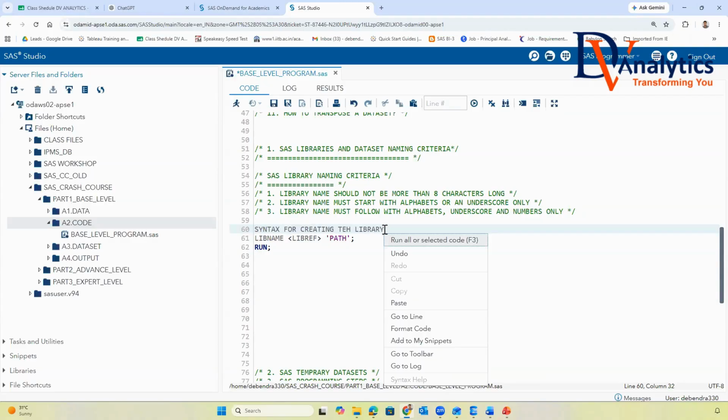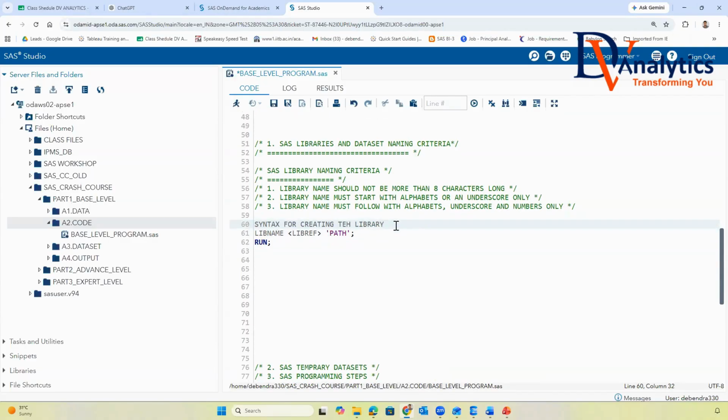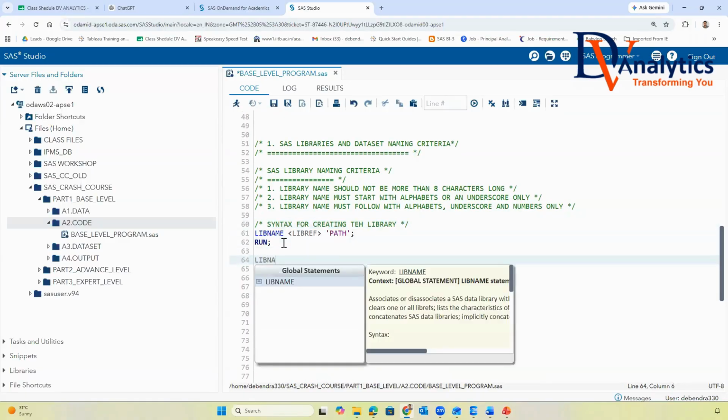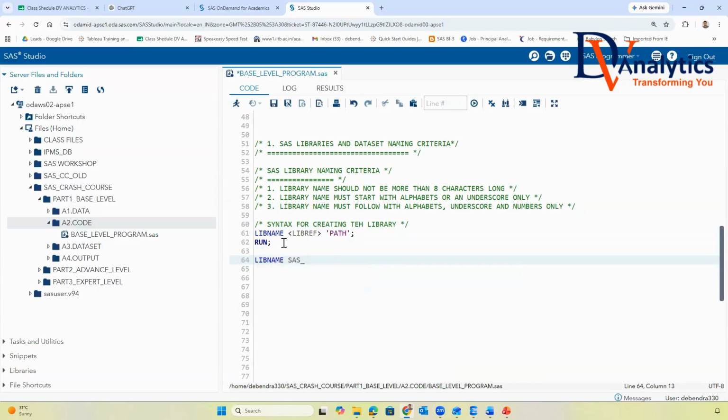So what happens, guys? If I want to create my library first, I'll write libname SAS underscore prog.